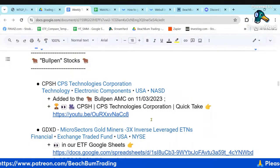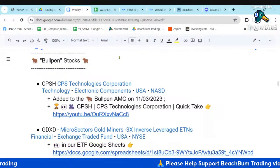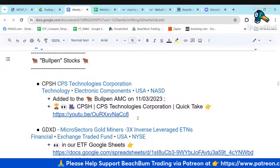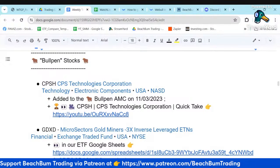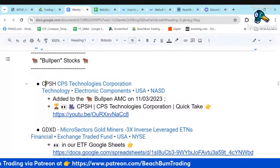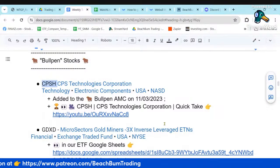If their setup has improved, then we put them into our top swing trading stocks to watch list, put them in the game, move them up. If they run away or break down, then we just take them out of the bullpen and we can revisit them later. So one we've had for a while in the bullpen is a small cap, low float